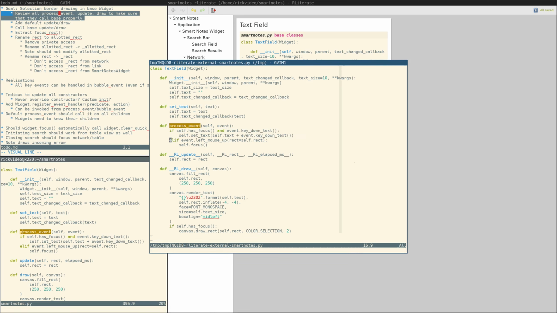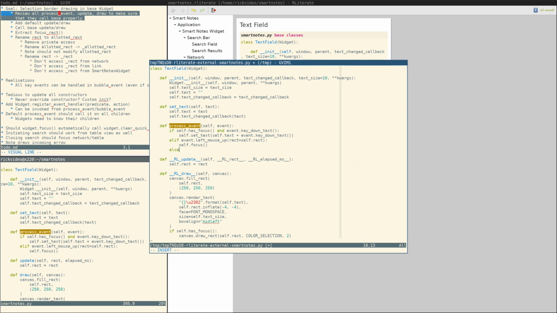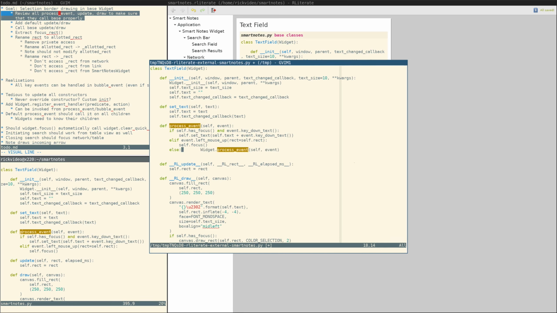If it's the mouse up, we focus it. And we probably don't want to forward mouse up events to children. So let's do this. Else, if it's none of these two cases above, we forward the event